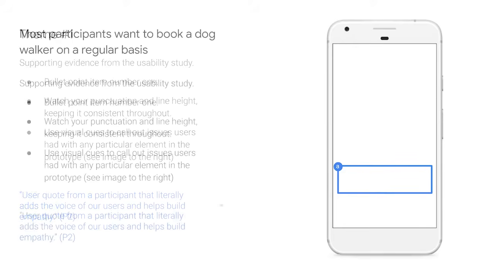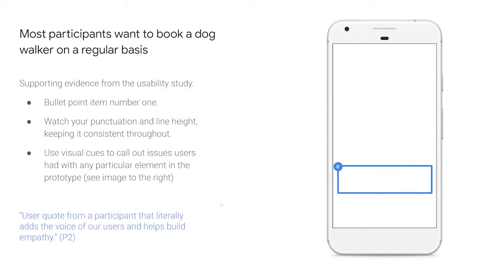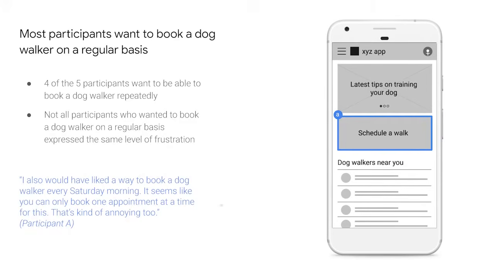below. I'm going to put our first theme as the header, which is, most participants want to book a dog walker on a regular basis. Next, I'll add some data as supporting evidence. For the first bullet, I'll type, 4 of the 5 participants want to be able to book a dog walker